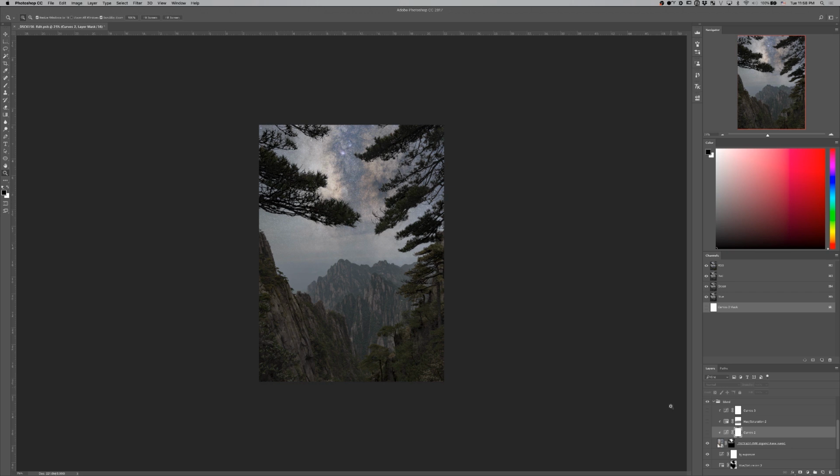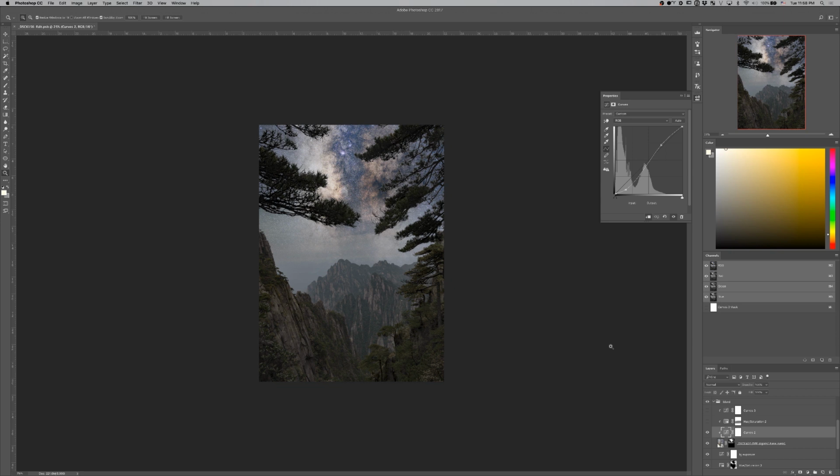I applied a pretty basic S-curve to this already stretched image from PixInsight, and that curves looks like this. This probably looks really familiar to you. This is not any kind of really special curves layer. It's a very vanilla S-curve. Because I was pretty satisfied with the contrast of the sky file at this point, I moved on to grading